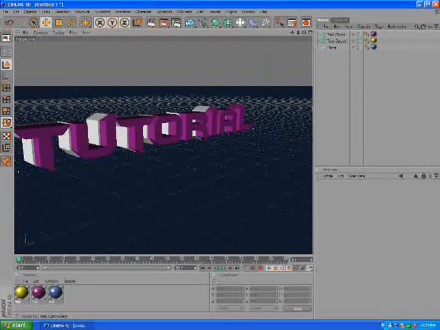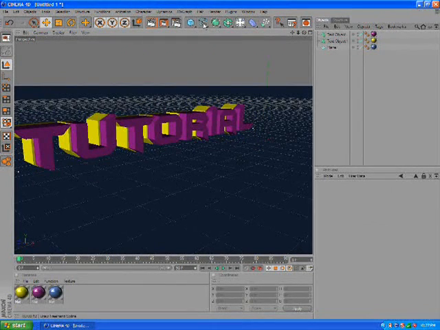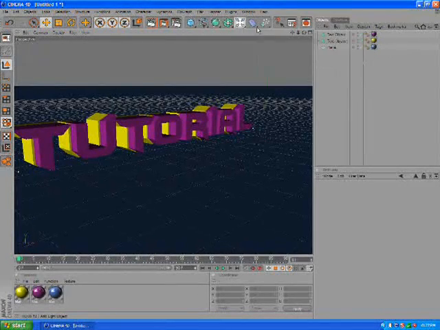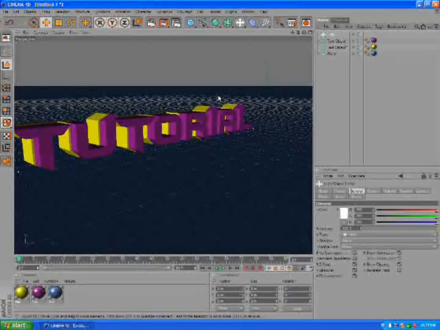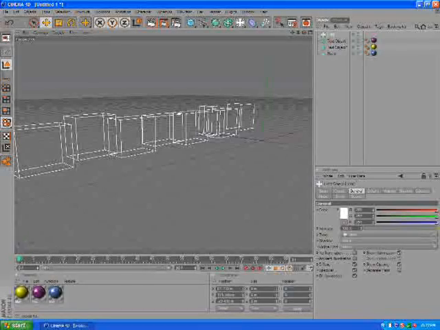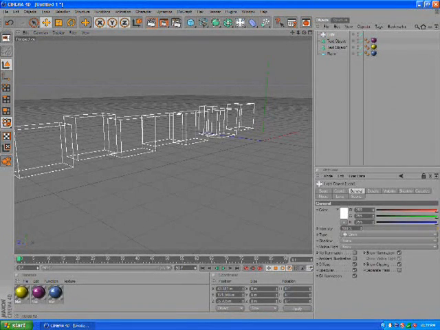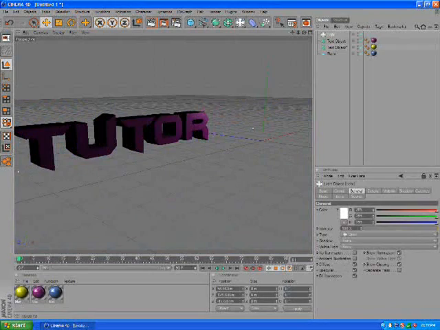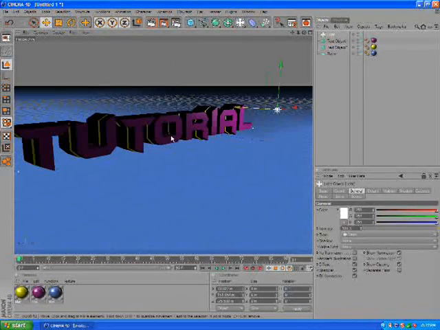Alright, so you want to go to your tools right here with the blue cube, the little squiggly string on the top. And you're going to want to go to this light with arrows coming out of it. You're going to want to go to light, the first one. And your light should come up. And you can just drag it, not too much higher than the text, but somewhere where you can see the text lit up, like on your rough drafts on your Cinema 4D. So if you render it,